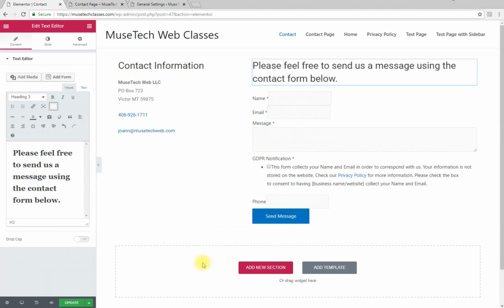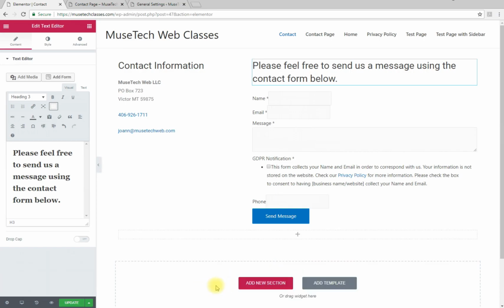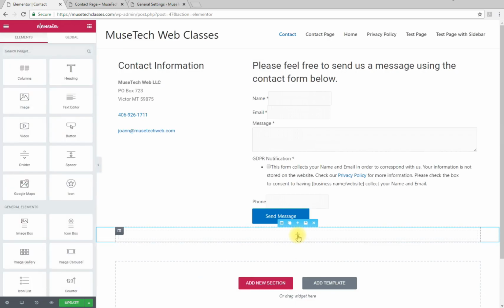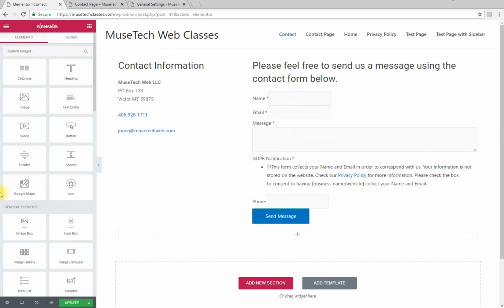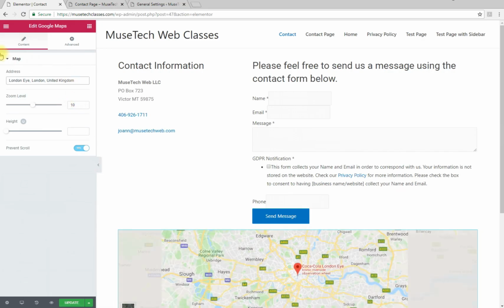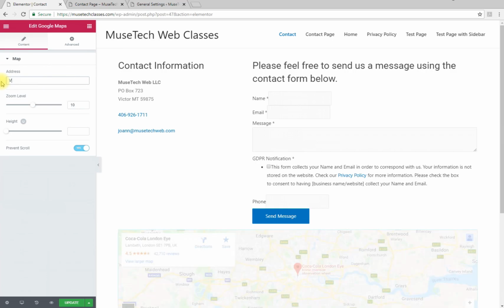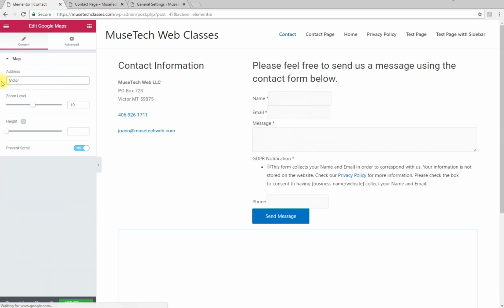The next thing we're going to do is add a Google map. To do that, you would click on Add New Section, and let's just make it a single section, one column. Click in the middle of the column, and then Google Maps is right here, and we just drag it over. And right here in the address field, you would put your address. I don't put